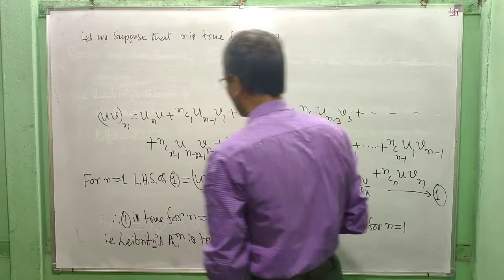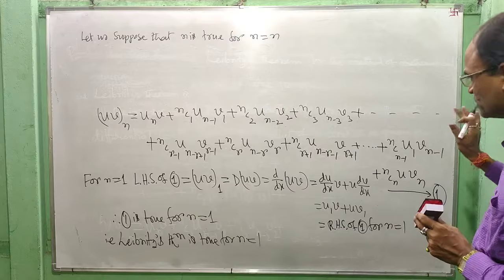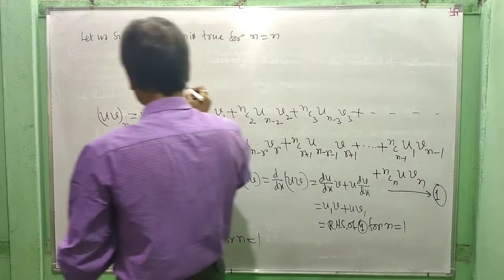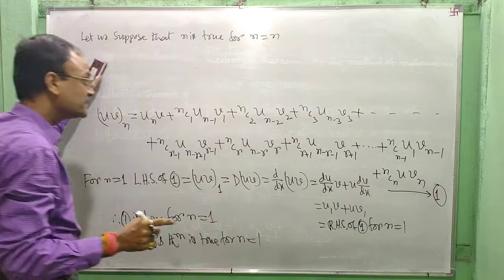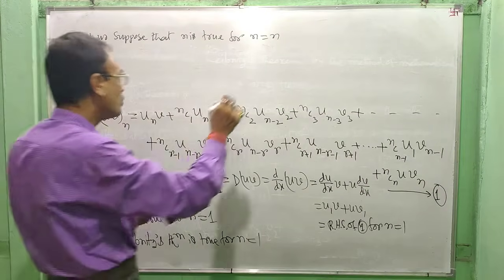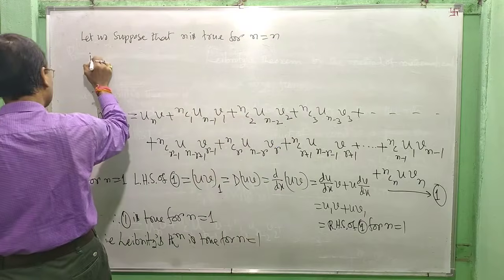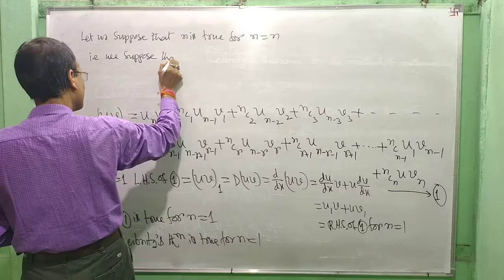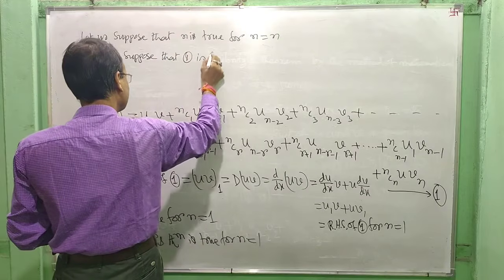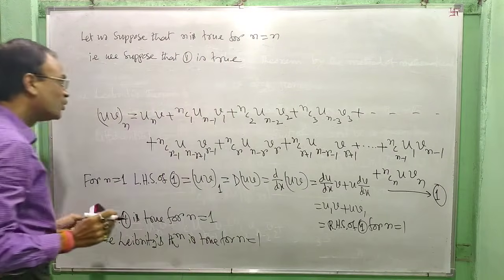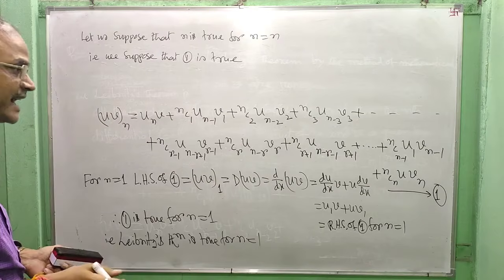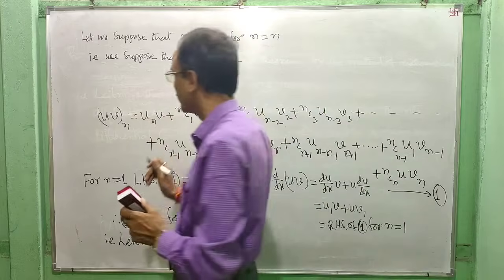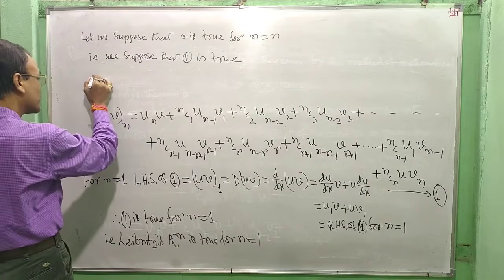That is, we suppose that 1 is true. Now, differentiating both sides of 1 with respect to x, we get